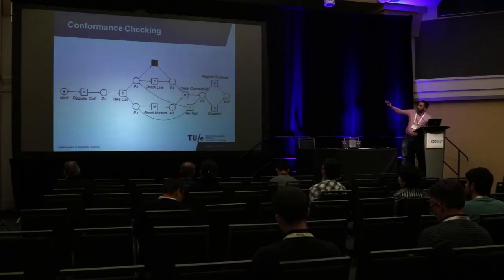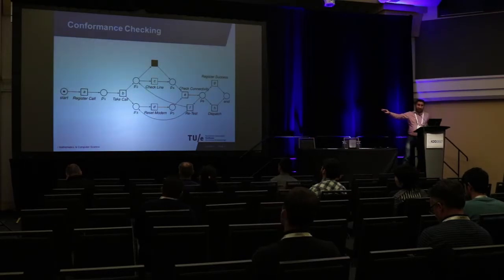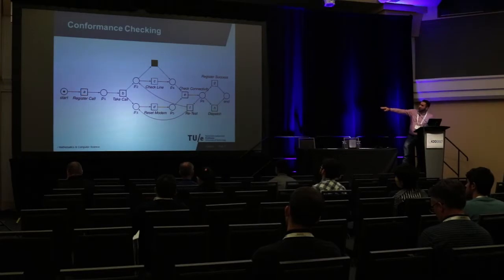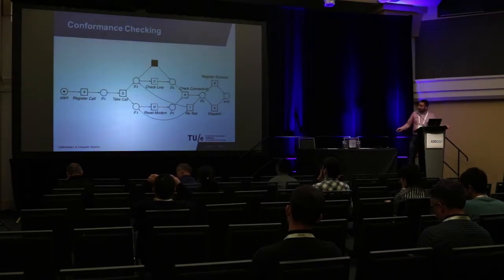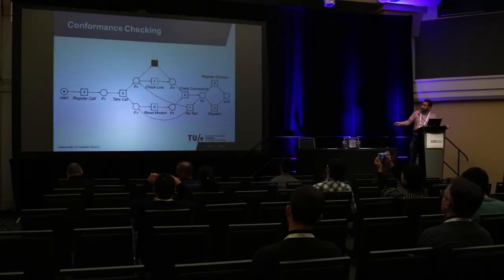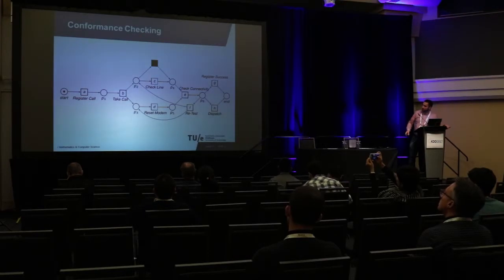So this is one example of a process model that is related to our running example from the ISP help desk. So this is a very simple Petri-net that we don't need to understand the details of. We just need to see that this is how the process goes. So here we have